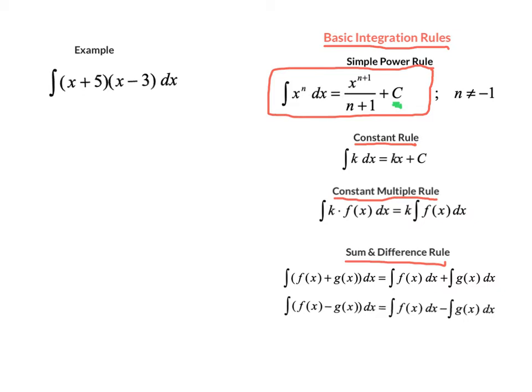As long as I can express my function as some collection of terms kx to the nth power, then between the sum and difference rule and constant multiple rule and possibly the constant rule and definitely the simple power rule, I can find that antiderivative. So that's what I need to do here. So I'm going to rewrite this algebraically. This is an algebra first rewrite, and it's a FOIL. So here we have x squared ultimately plus 2x minus 15